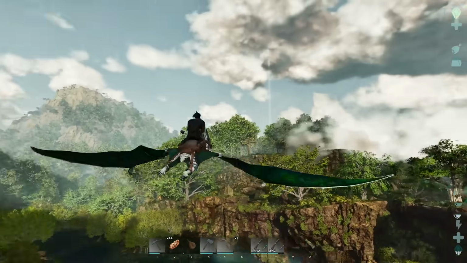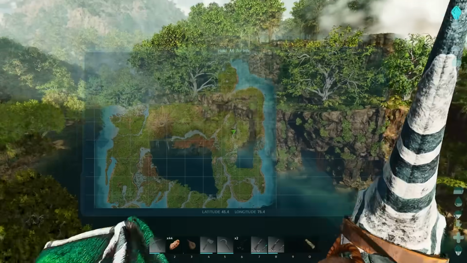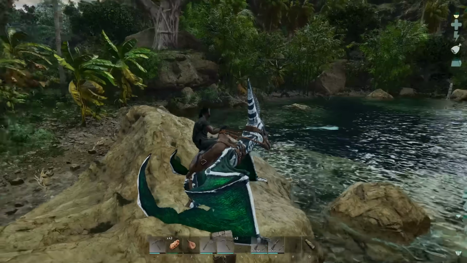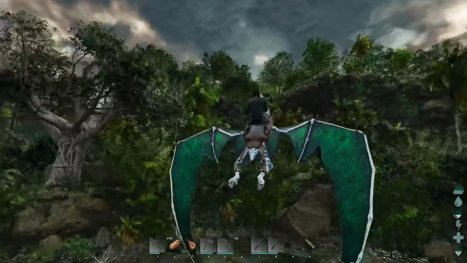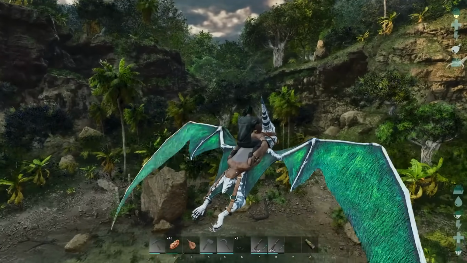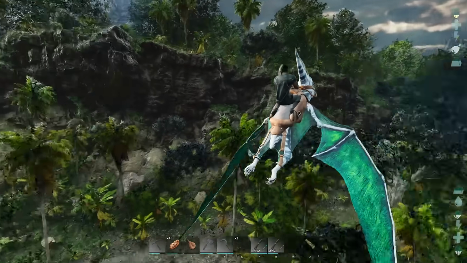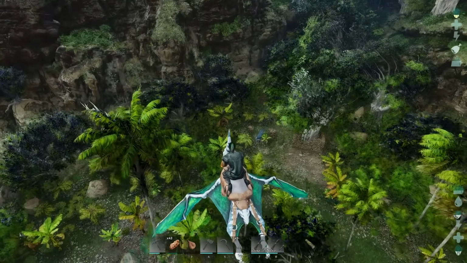Very impressive. All right. Oh, and if I haven't shown it already, right here. All right, and if you're looking for a base location that is out of the way from just about everything, you can't get much more out of the way than Hidden Valley. I mean, every once in a while, you will have the occasional alpha raptor or raptors come through here, but if you build up your base